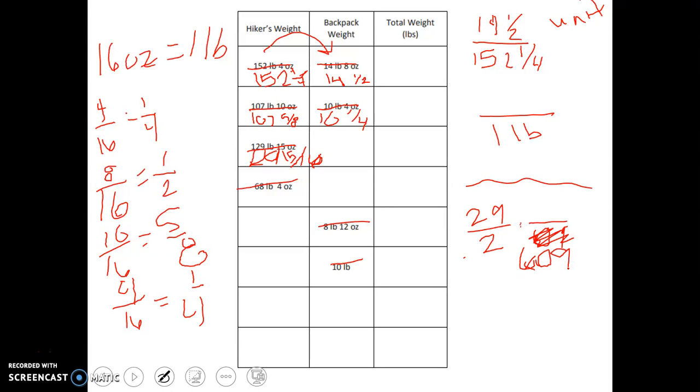609, flip it over, 4. Now we're going to multiply across. 29 times 4 is 116, divided by 2 times 609 is 1,218, and that got big all of a sudden. And now we're going to reduce this down as far as we can. When we reduce this down as far as we can, we will get